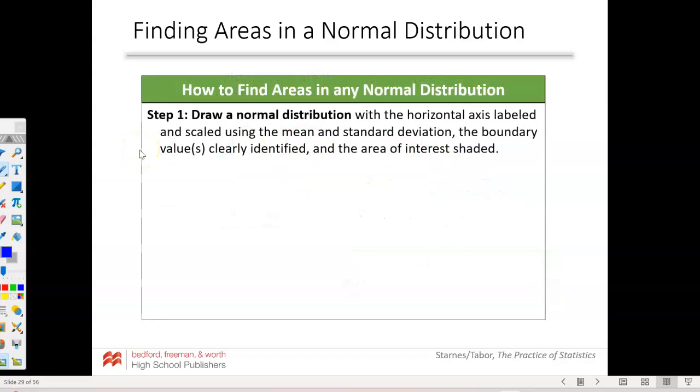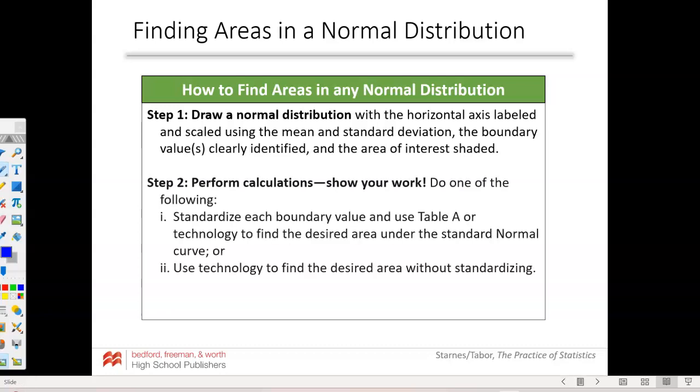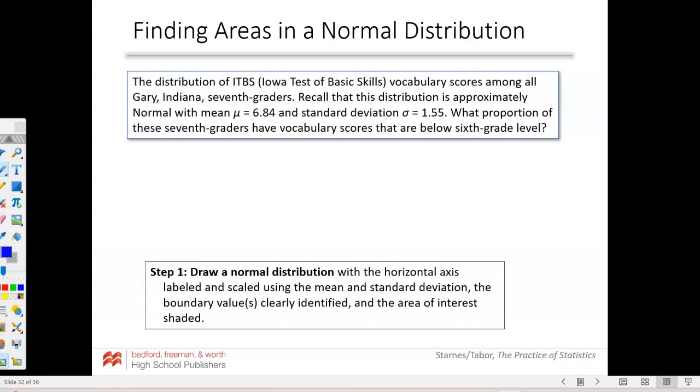So how do you do this? How do you find the area? Draw a normal distribution. Make sure that you scale it with standard deviation kind of scales. Perform calculations, show your work. We'll look at what this looks like, and then be sure to answer the question that was asked. Okay. So first thing, if you want to draw this, we know that the mean is 6.84 for these Iowa test scores, and the standard deviation is 1.55. So you start by drawing a normal curve,